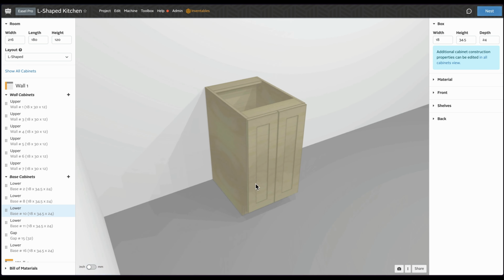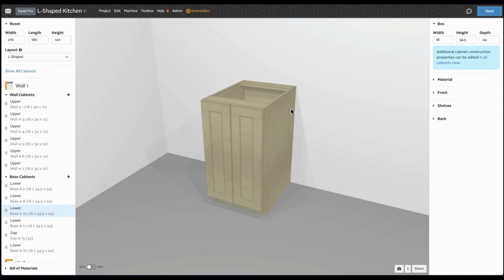And again, you can move it all around just like you could before. You can see it has been highlighted over here so you know which one you're working with. But then on the right side, we have some things that we can adjust. First, you can adjust the overall dimension. So let's say we want to make this wider. You can do that. It live updates